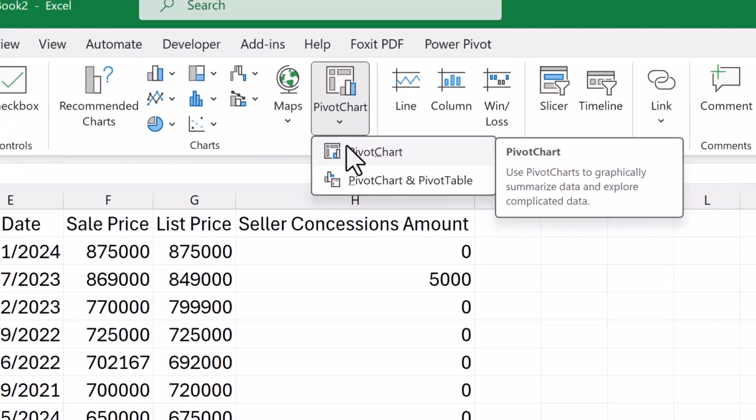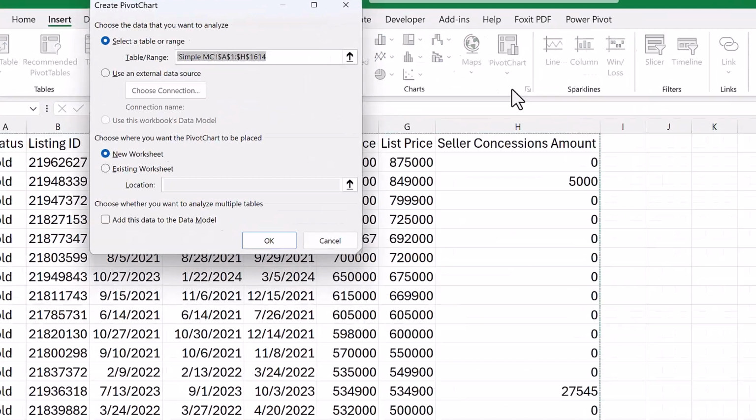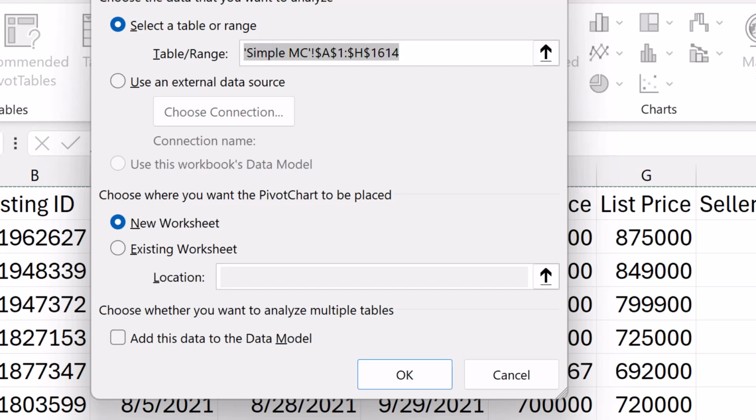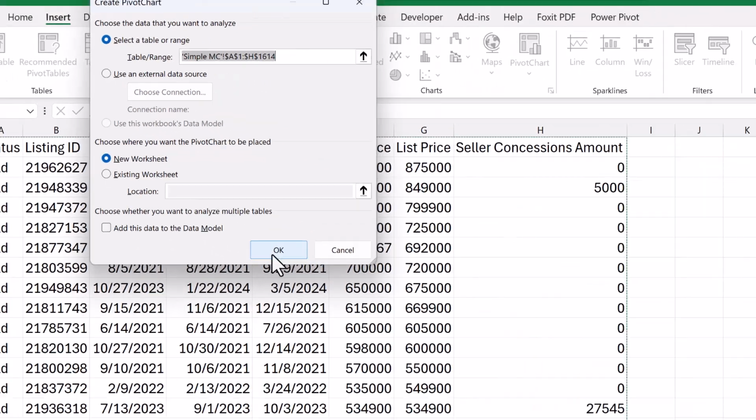So I'm just going to click on pivot chart, and a new window pops open, and as you can see here in the table range area, Excel has already highlighted that entire data set that I imported. It also is going to ask me, do you want this to be on a new worksheet or an existing worksheet? I want it on a new worksheet, and so when this window pops open, it is already defaulted to exactly what I want. So I'm going to go ahead and click on OK,